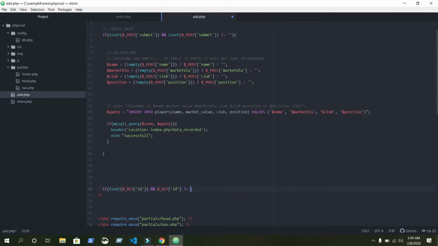That means if we have an id, then we should do some operation. We are checking isset. We are using this GET because we are getting this id from the URL, unlike previously where we used POST because we were getting the name from user input, that is an input field. But this time we are getting it from